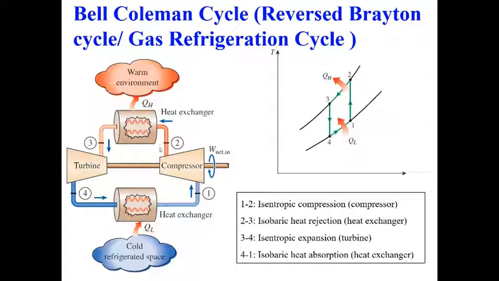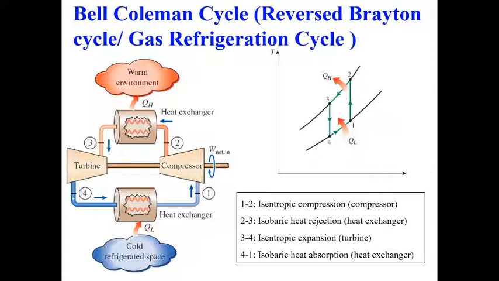Then I have isobaric heat rejection. So in this heat exchanger, the pressure is maintained constant and we extract heat through it basically to the ambient environment. This process is shown here, 2 to 3, which is on an isobaric line. Now from 3 we expand this fluid in the turbine isentropically, which is shown here, a straight line. This is the entropy axis that is missing here, so this is a TS plot.